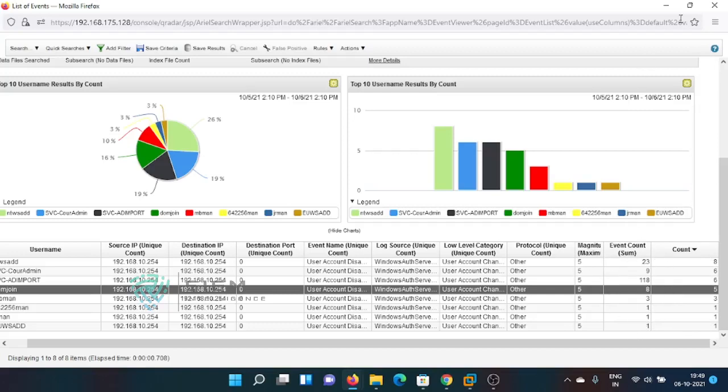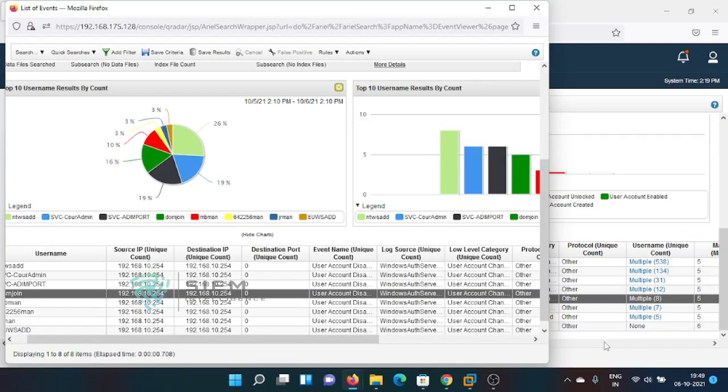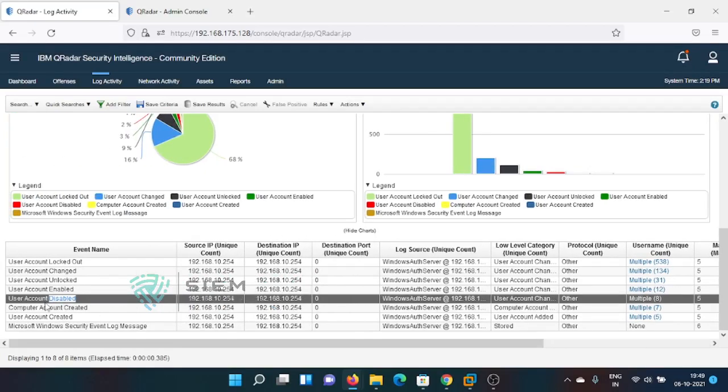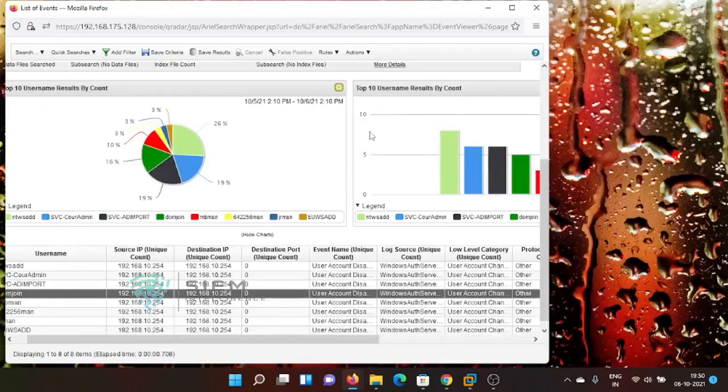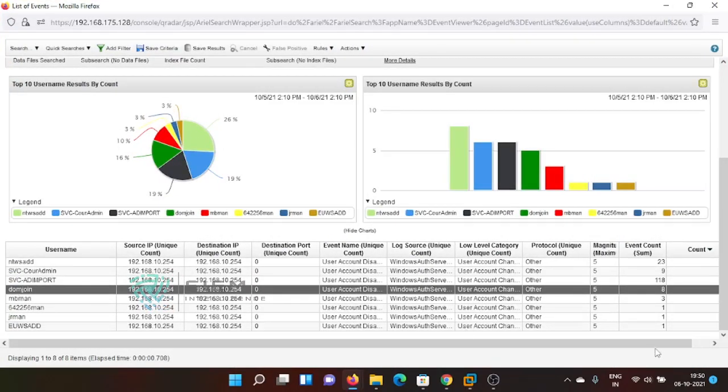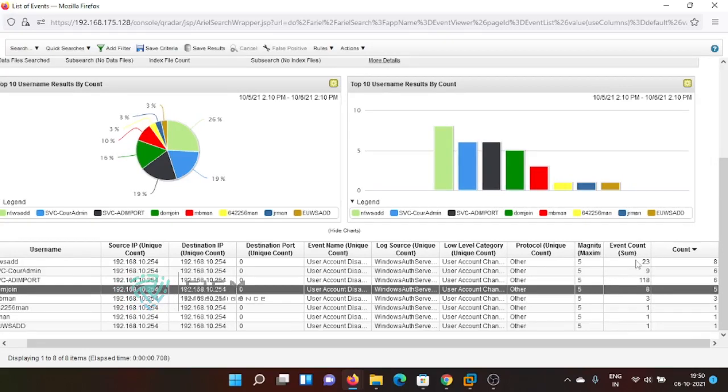If you go back to see this main activity, the total event count is 164 and the count is 31. With respect to user disabled, here I did event name grouping. Over here I did it on username. Now you got the same quantity, 160 something. See, the count is 31 here also. 8, 16, 14, 20, 25, 28 plus 3, 31. This count is always similar, but the event count is before coalescing the events.